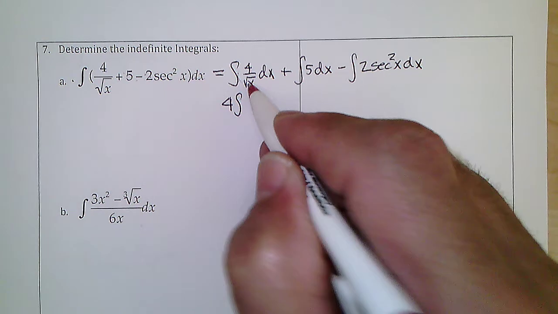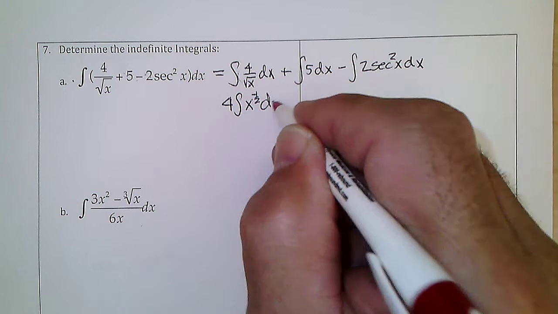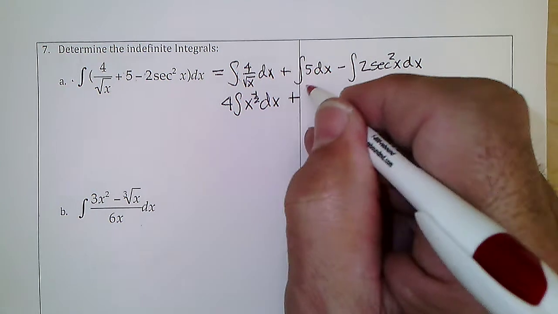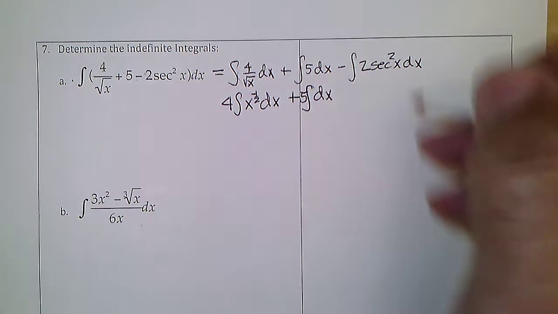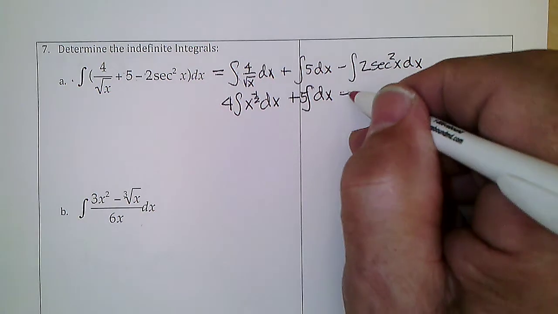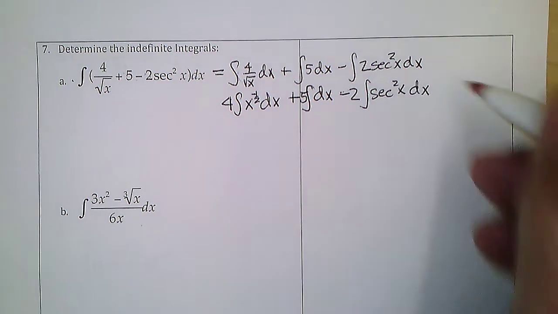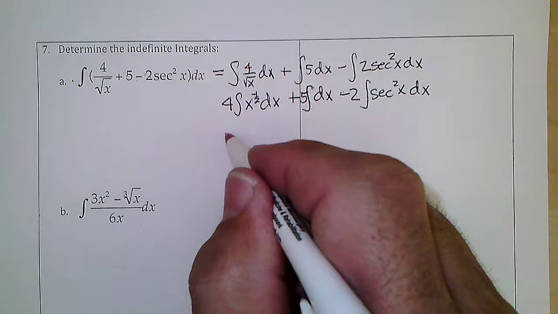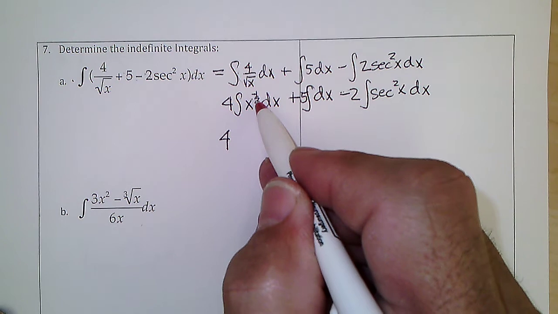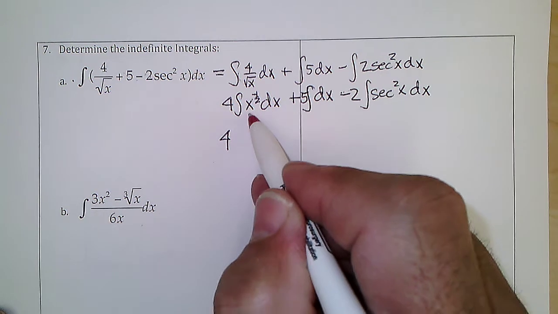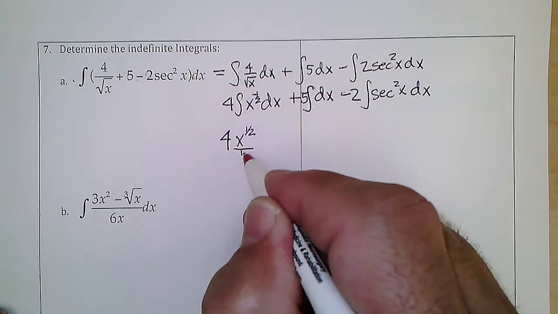Square root is a half power in the denominator, so that's x to the negative 1/2. Plus, the 5 can come out, the integral of dx. The 2 can come out, the integral of secant squared x dx. The integral of this is 4. Adding 1 to negative 1/2 is plus 1/2. And then I have to divide by 1/2, so that's x to the 1/2 over 1/2